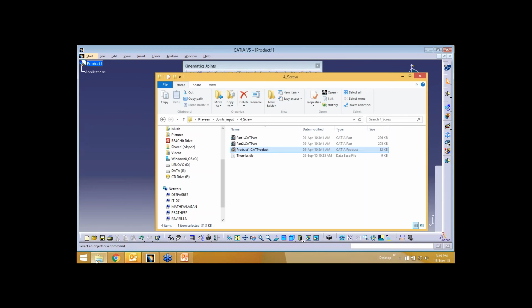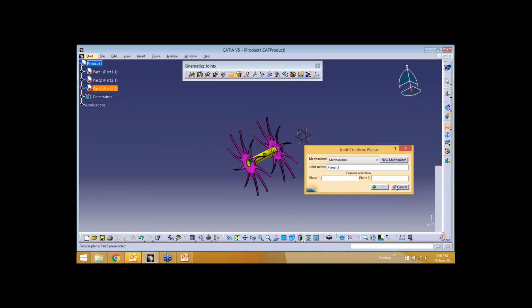There, you tell part A to move along the part B plane, which you give as an input. When you create a spherical joint, you coincide two different points, where a point on part A moves along a point on part B. So that is all about creating a spherical joint and prismatic joints. I'm going for a rigid joint.